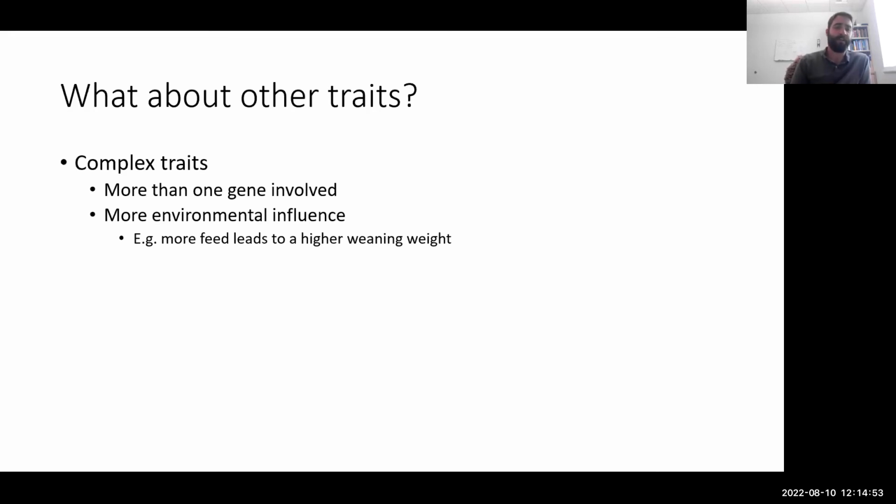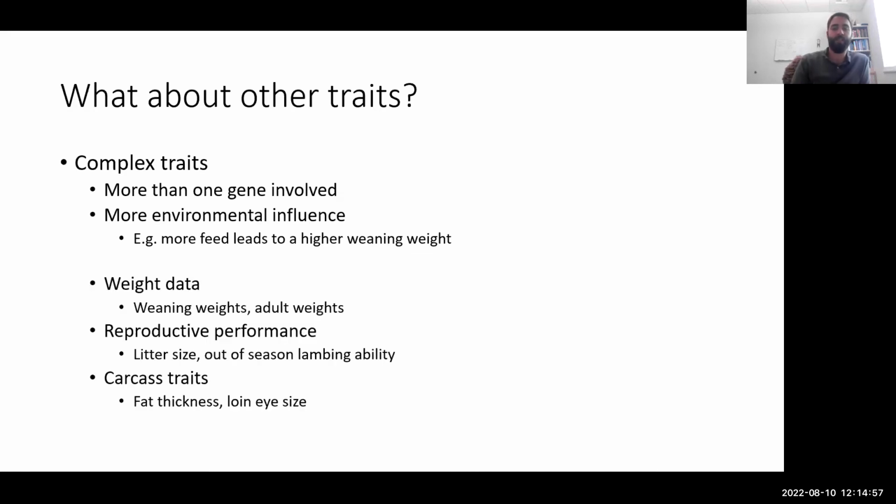So we do have to factor those into when we're evaluating these traits. These types of traits include our weight data, so weaning weights, adult weights, reproductive performance, and carcass traits oftentimes. These also can include your health traits, so immunity or fecal egg count. Really, most of our traits that we haven't tracked down to just a single gene or 2 genes involved really do fall under this complex trait and is really where most of our bills are going to be paying